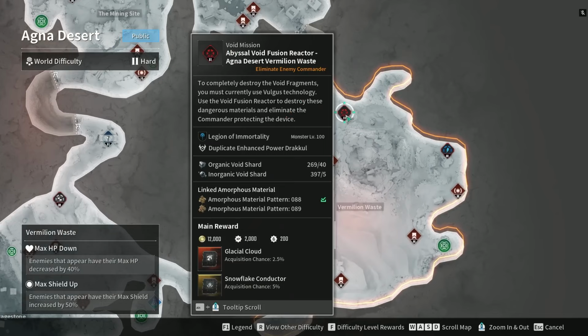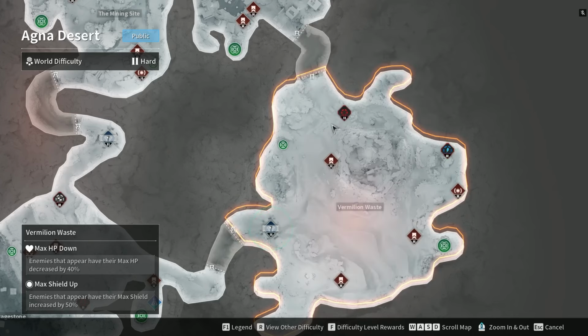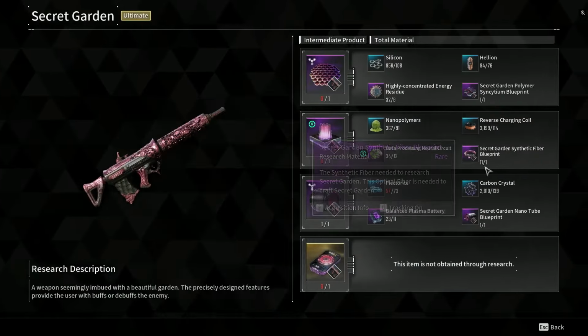And since the previous one, the blueprint that we're using, is going to have you farm this one in order to crack it open, you're already going to be here getting the same resources for your other one to crack open for the blueprint. So you can actually do both of these at the same time, killing 2 birds with 1 stone. Next, we have the Secret Garden Synthetic Fiber, and this one, as you can probably tell,